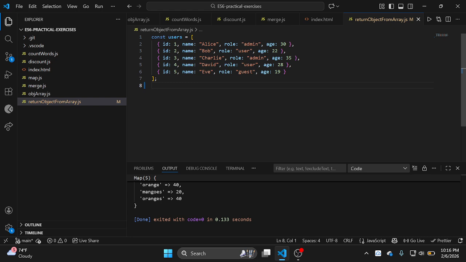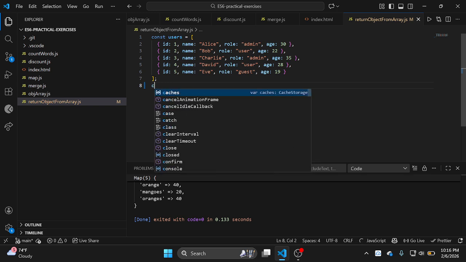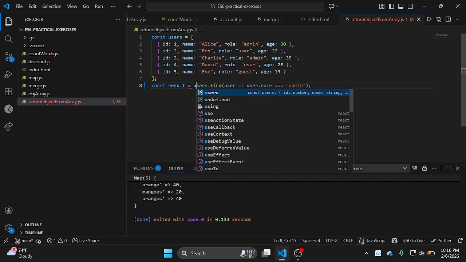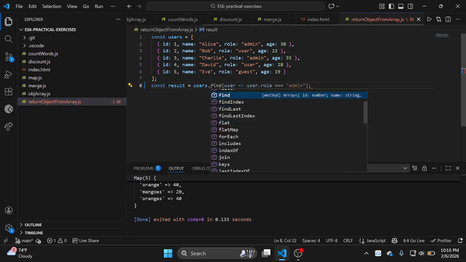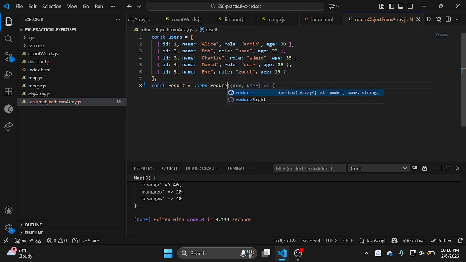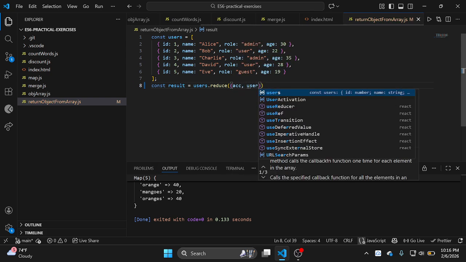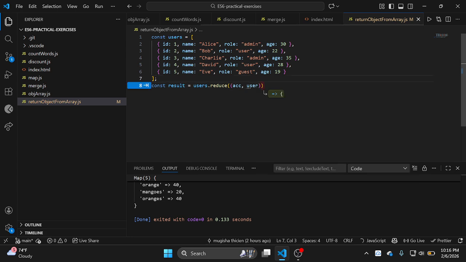So here is how we can convert an array into an object. Based on the roles, we are going to turn this array into an object. We are going to implement this reduce method, which will loop through our array, then implement the logic we want. It will return